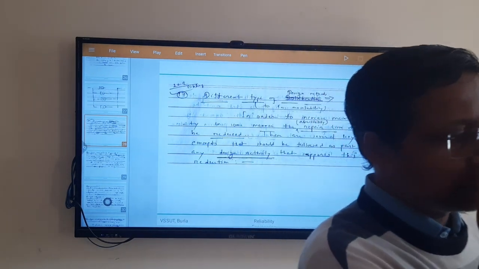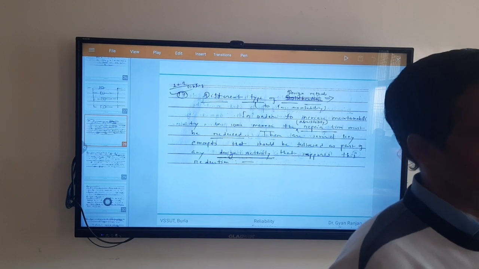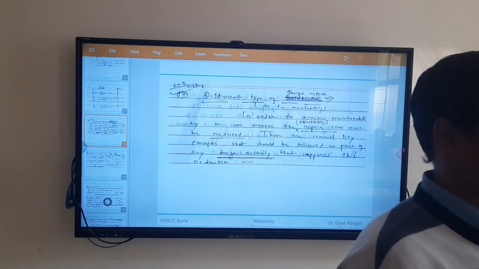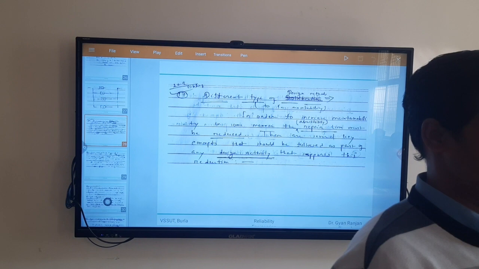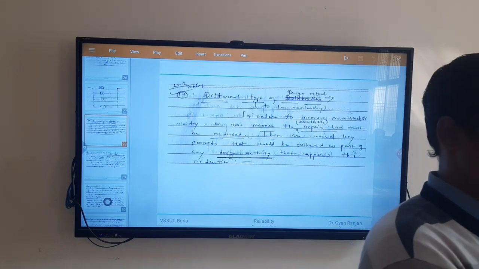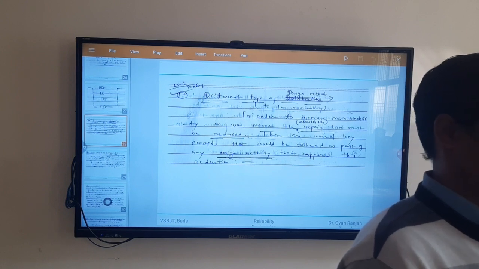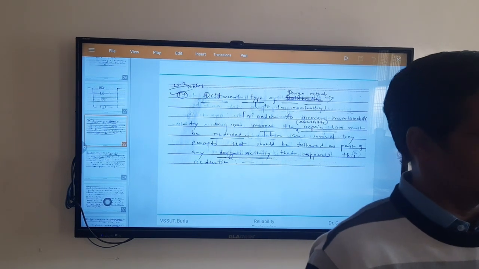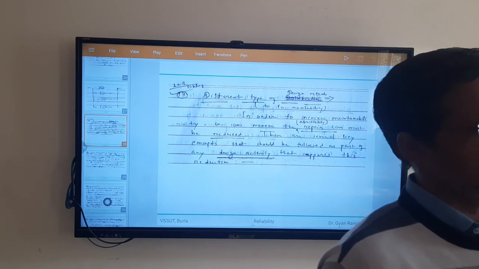Okay, how do you like that? You want to get back your vehicle from your workshop within the same day, or you say it doesn't matter, I'll get it after 3-4 days, that is fine. Send it. So it doesn't matter whether you will use it or not, but it should be available in your standby mode. Understand? Today I drove my scooter because I had an option, but that means my car should be available with me, right? Or would I be happy saying it doesn't matter, I'm not driving it, whether it is here or in the workshop is immaterial?